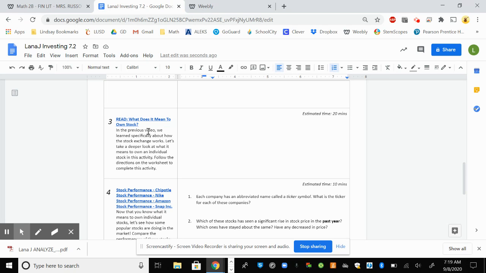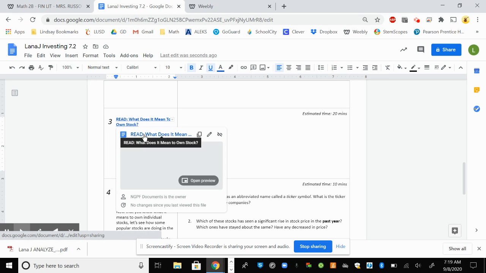In the previous video, we learned specifically about how the stock exchange works. Let's take a deeper look at what it means to own an individual stock in this activity. Follow the directions on the worksheet to complete this activity. So I'm going to go ahead and click read. Notice it takes me to another